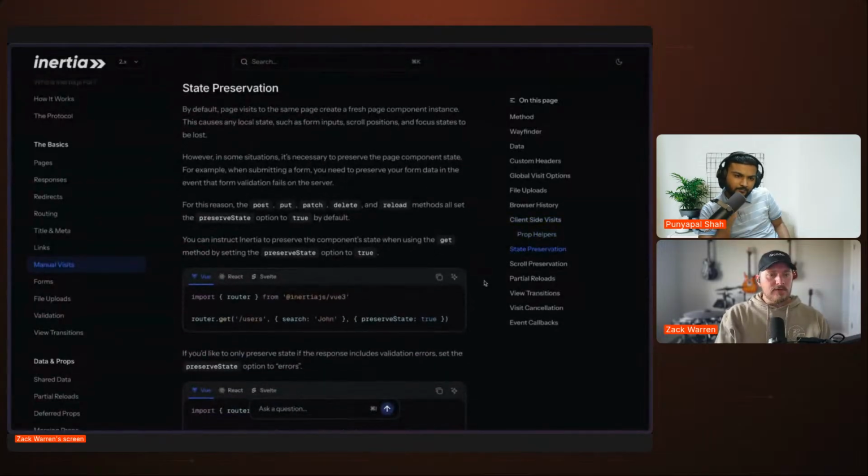State preservation. By default, page visits to the same page create a fresh page component instance. This causes any local states such as form inputs, scroll positions, and focus states to be lost. However, in some situations, it's necessary to preserve the page component state. For example, when submitting a form, you need to preserve your form data in the event that form validation fails